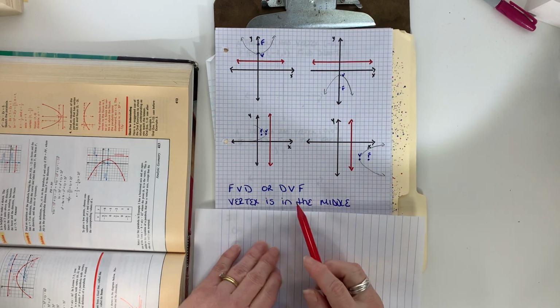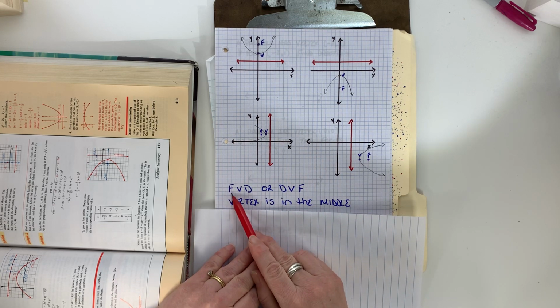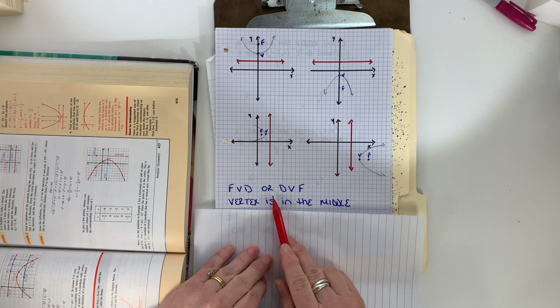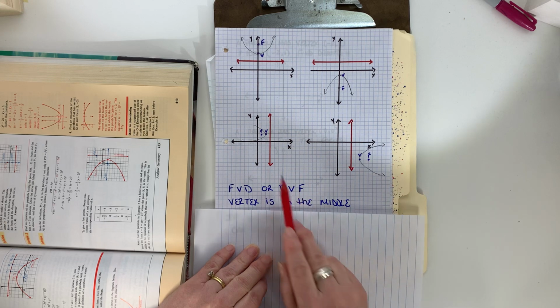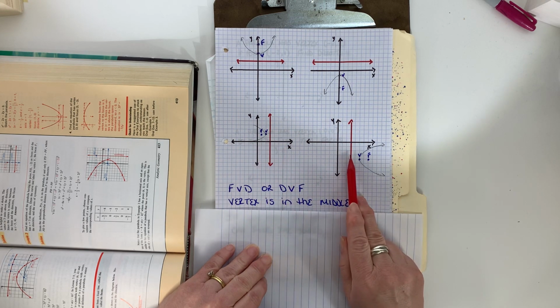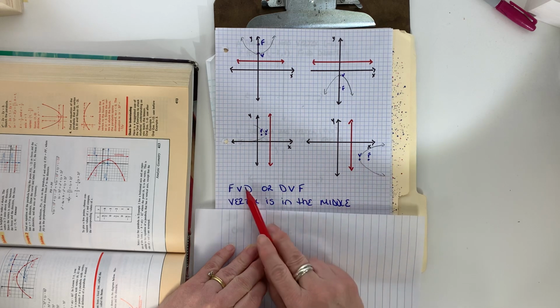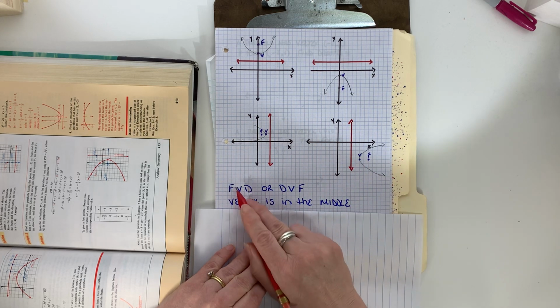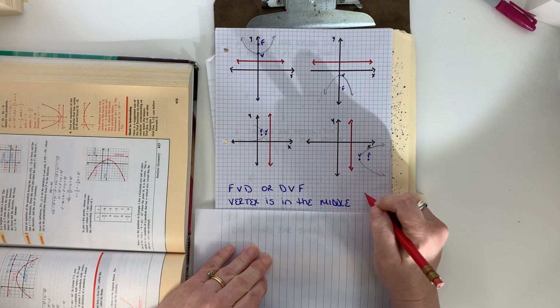I wrote it like this to help myself remember. It goes FVD or DVF. Okay, so see how it goes FVD or DVF. Now what helps me to remember is this V in the middle kind of looks like those little angry eyebrows